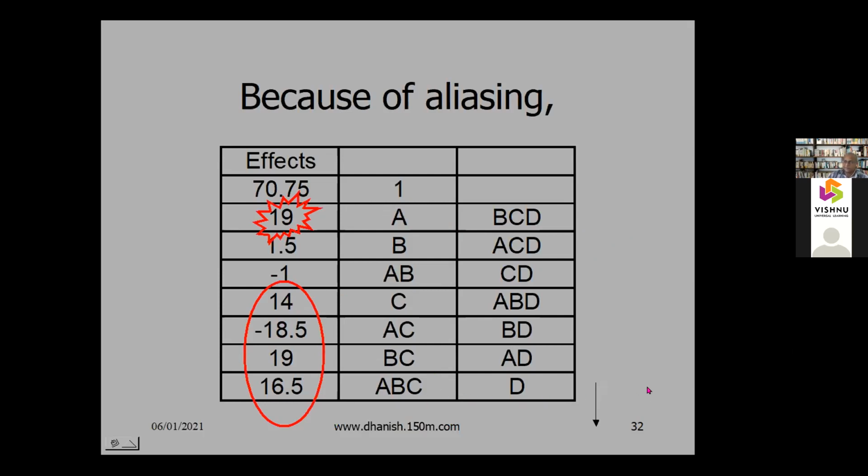Now, sometimes we can take some shortcuts, which is what I'll try to explain. One assumption we usually make is that higher order interactions are not significant, which may not be true. Sometimes people do take that assumption, but it is only an assumption. Mathematically, we can never say that a higher order interaction is not significant. So suppose we assume that. Then this ABC is large, but we say that this ABC cannot be significant.